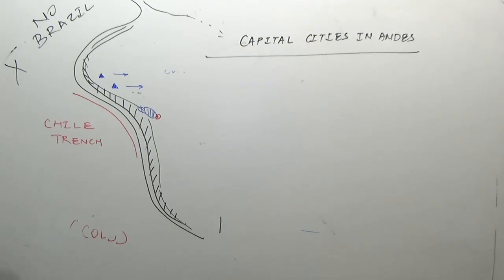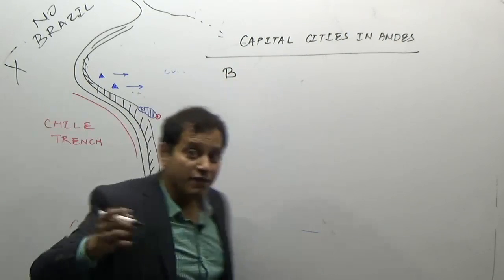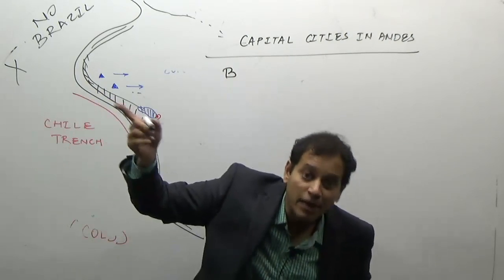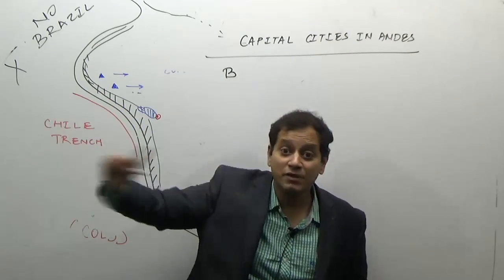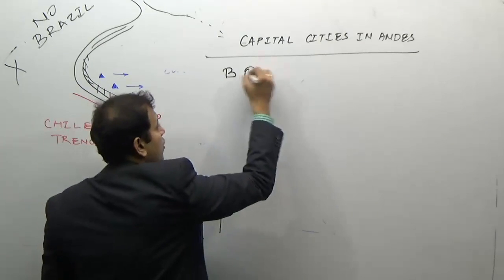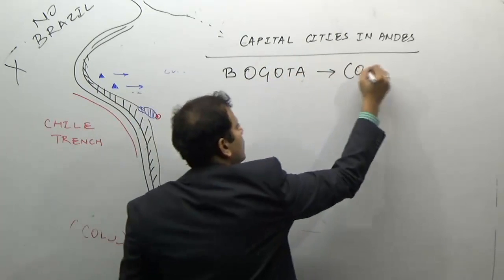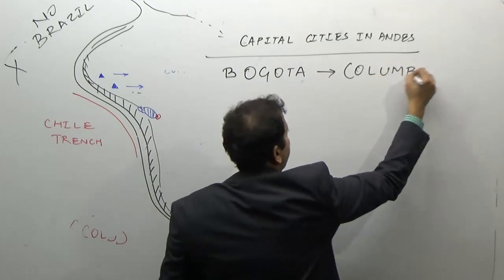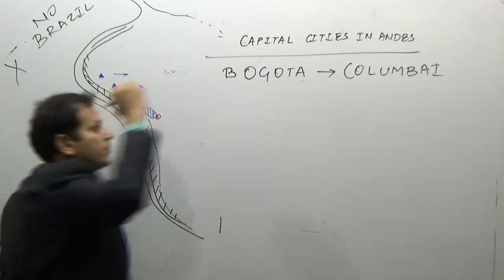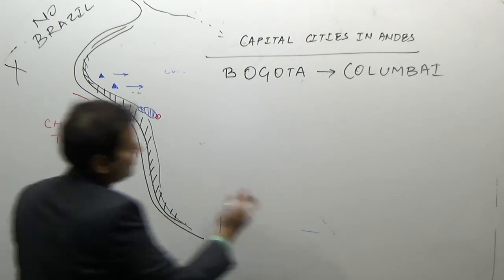The capital cities located in the Andean mountain system are Bogota of Colombia. Remember, we have done that the Andes form part of Venezuela, but the capital of Venezuela does not lie in the Andes. It starts from Bogota of Colombia. Bogota of Colombia, Quito of Ecuador,